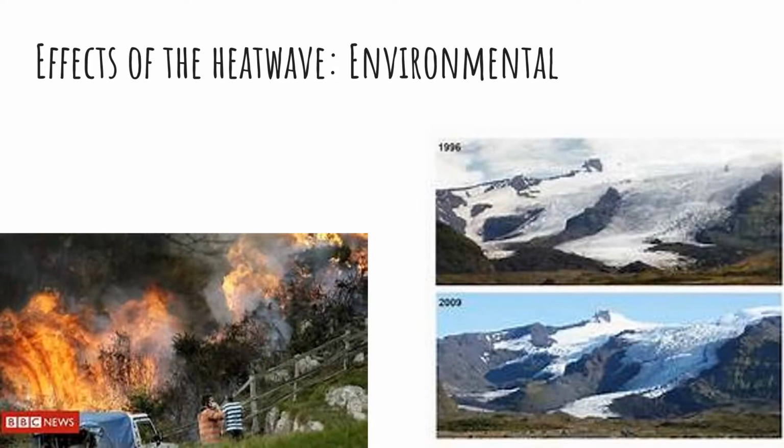So the environmental effects of this problem: the anticyclone prevented precipitation from happening. So this caused a drought that France was not prepared for. The Alpine glacier shrank about 10% over the summer, along with thawing in the mountains that caused rock slides. So on the right is a picture of the Alpine glacier in 1996 and in 2009, and you can see the difference between the two, how much the glacier has shrunk back in that